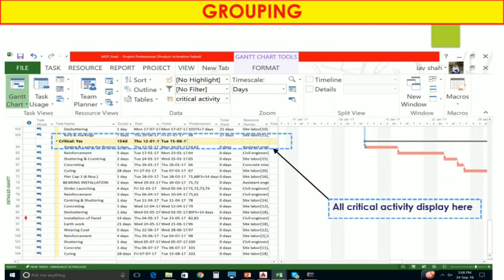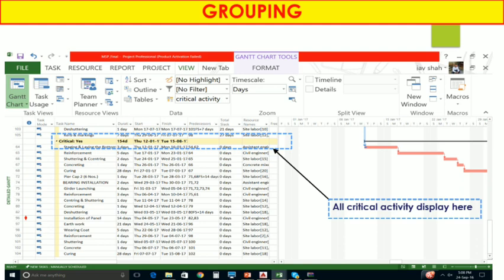So here we select Critical. All the critical activities are under this particular head, and based on that grouping, you can see all critical activities displayed here. Like that, you can select all kinds of grouping and see whatever you want in your window. Why am I selecting critical activities?